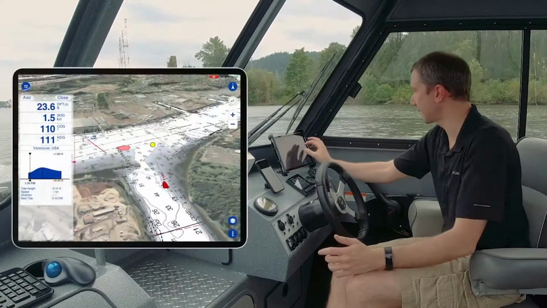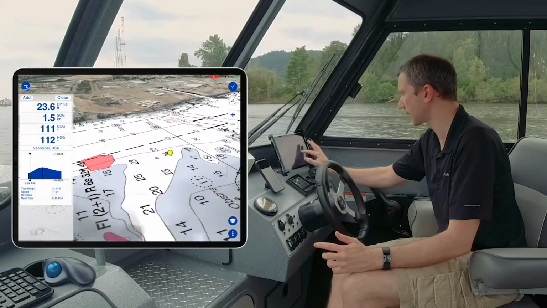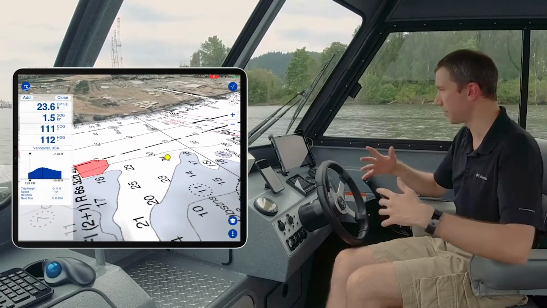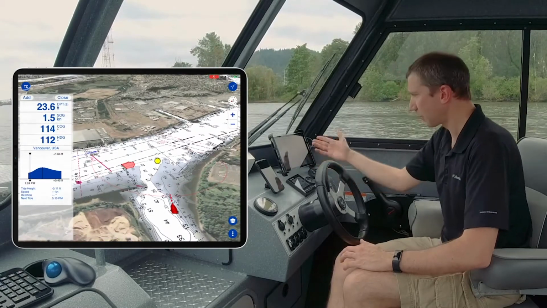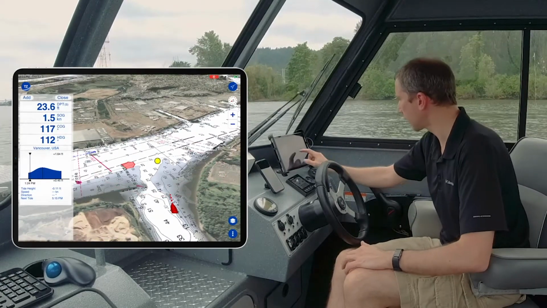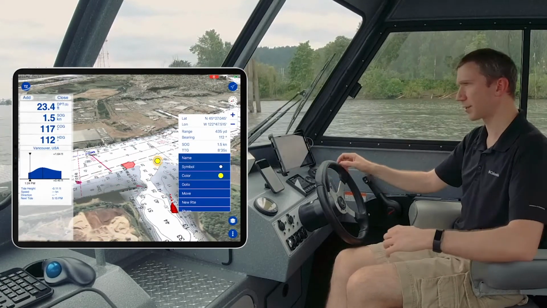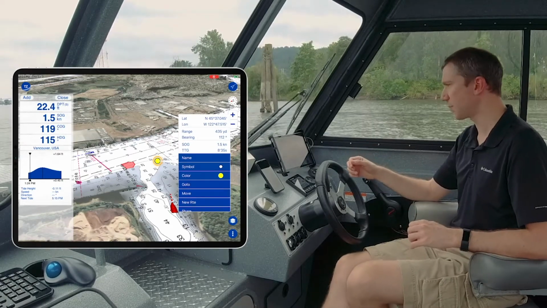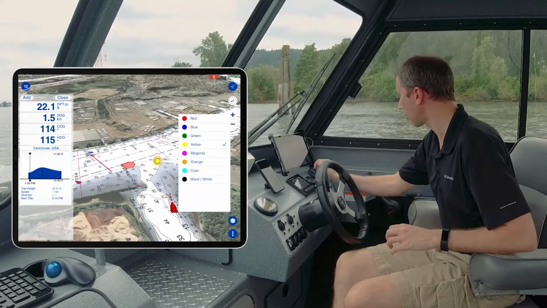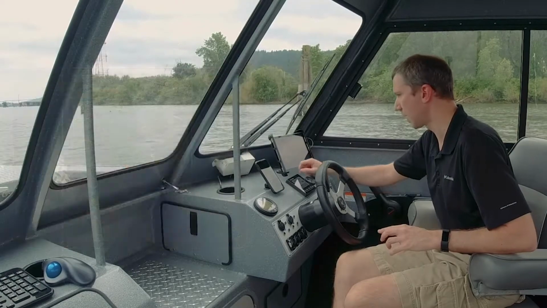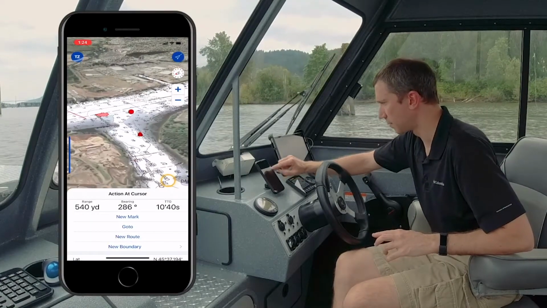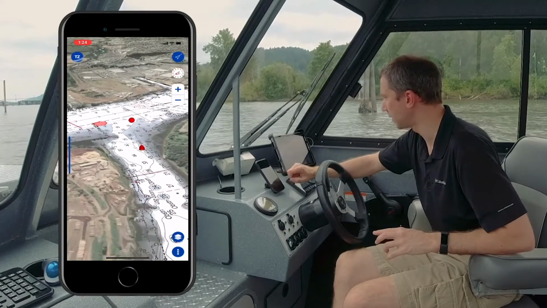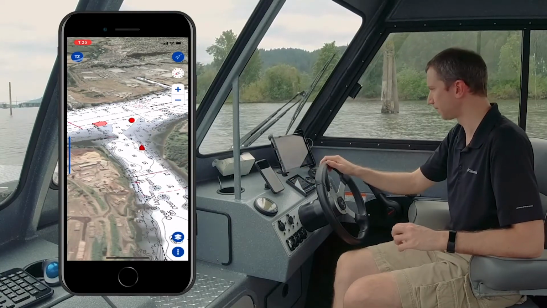You can see that that same mark was actually synchronized automatically to my iPad because they are on the same wireless network. If I want to change the color or change the icon, I can just tap on that new mark. I'm going to do it from the iPad this time. Here I'm going to change the color to red. Okay, and automatically, you can see that same mark being also updated on TZIBot.